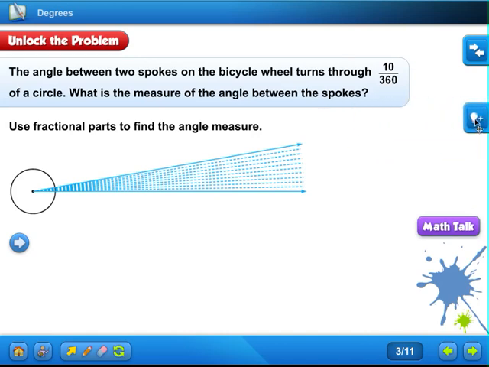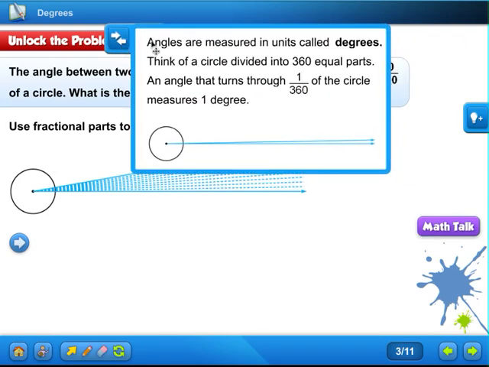All right. The angle between two spokes on a bicycle wheel turns through 10 over 360 of a circle. What is the measure of the angle between the spokes? Use fractional parts to find the angle measure. Remember yesterday or the lesson before we did fractional parts? Okay, so let me pull this little thing out right here. And it says